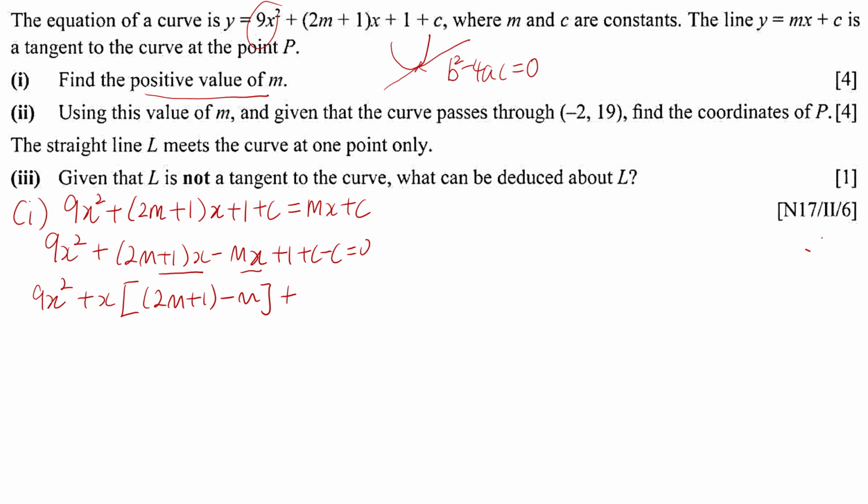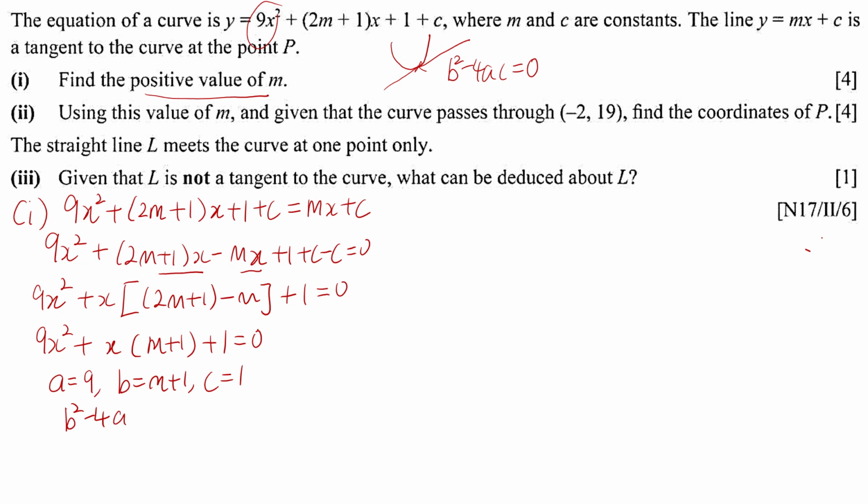C and C will be gone, so left only 1. So I would end up having m plus 1 as the coefficient of x. So if you compare it with your ax squared plus bx plus c equals to 0, a is equal to 9, your b is m plus 1, your c is 1. So using b squared minus 4ac equals to 0,